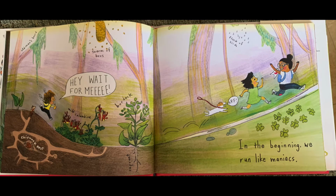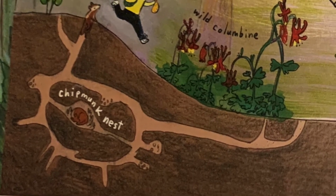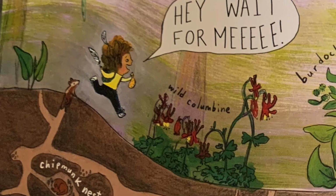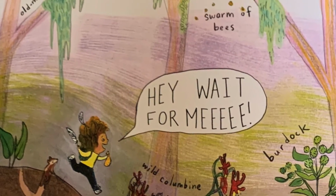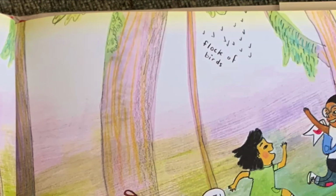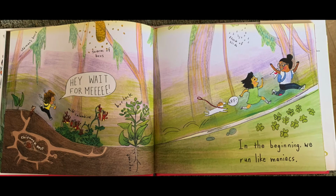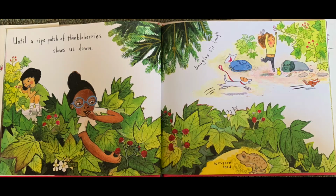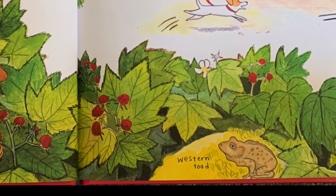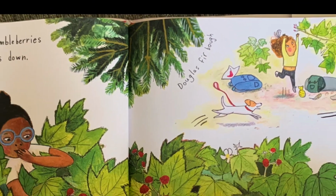Hey, wait for me! There's a chipmunk nest underground, and wild columbine, burdock, swarm of bees, old man's beard, flock of birds, and under the burdock plant there's a taproot. Until a ripe patch of thimbleberries slows us down. Western toad, Douglas fir bough,